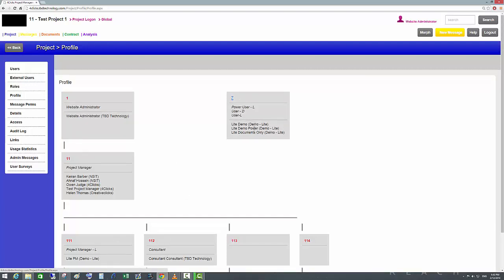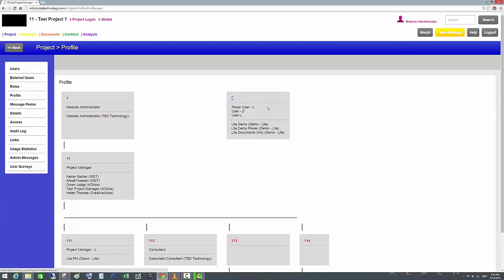Number 9 means that those people also won't see each other, so they won't be able to communicate to each other. It's mostly for the guests, so it's for the guest access. We put them under 9